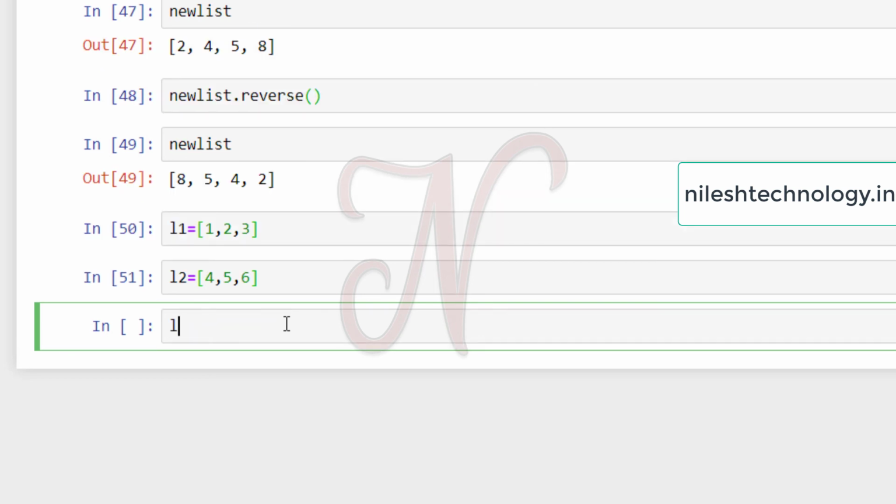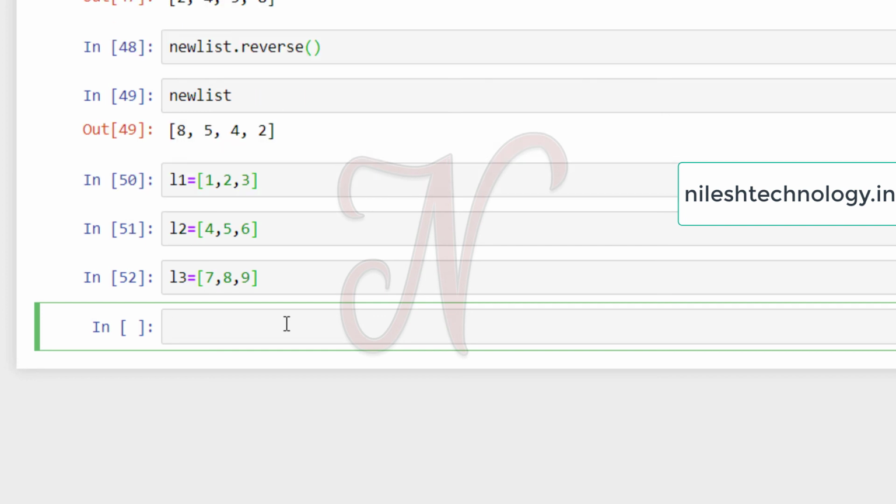Then L3, 7, 8, 9. Then I can create a new list, and inside this I pass these three variables. L1 is a list of three items, similarly L2 and L3. All these three lists are included in another list, which is assigned to the variable matrix.